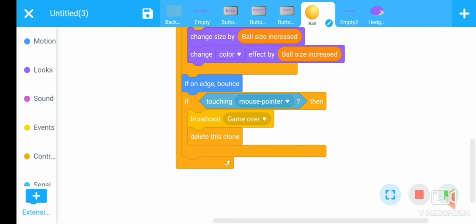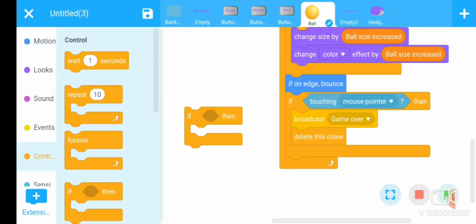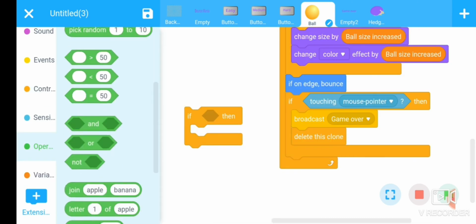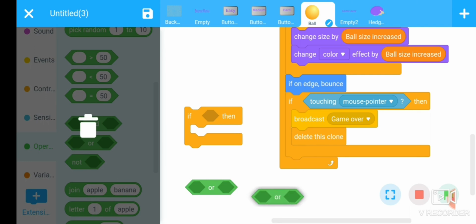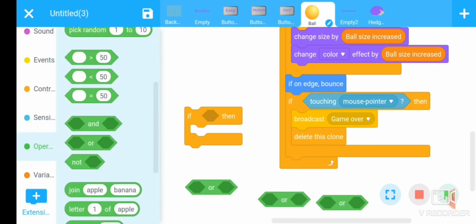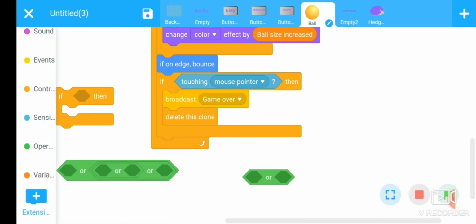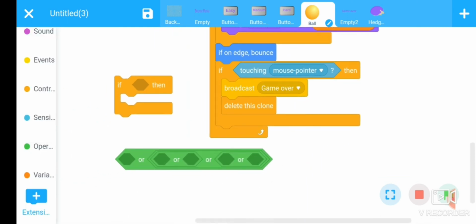For this, go to the ball sprite, use an if then block here, use the OR operator, and for the OR operator another one here.